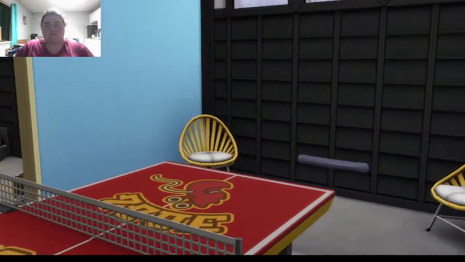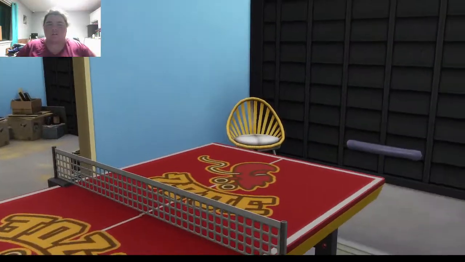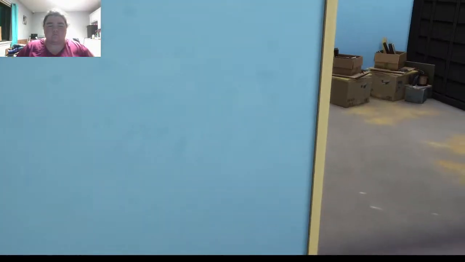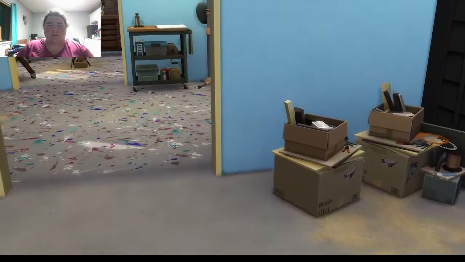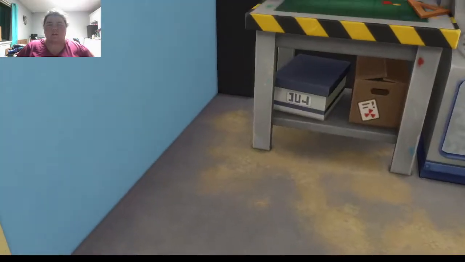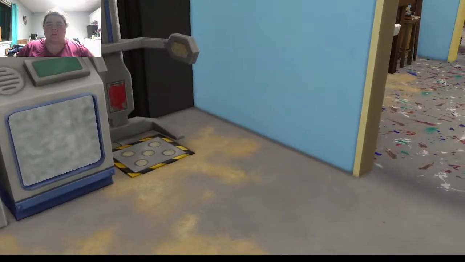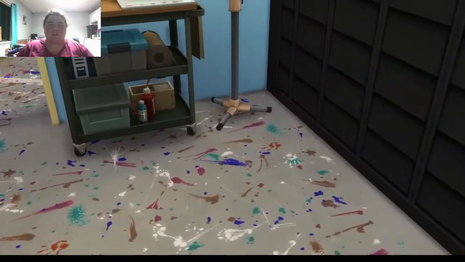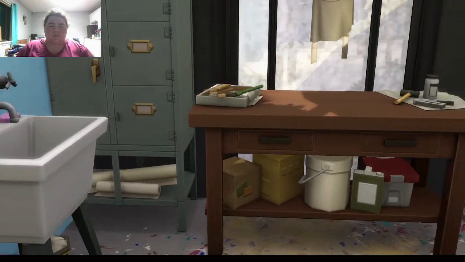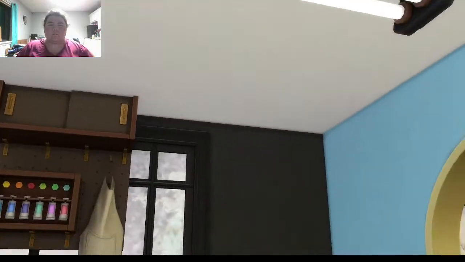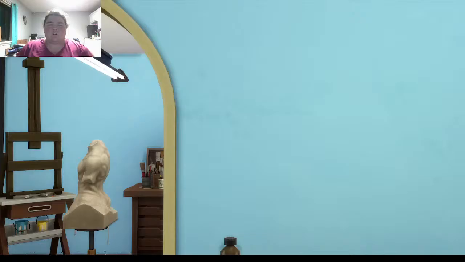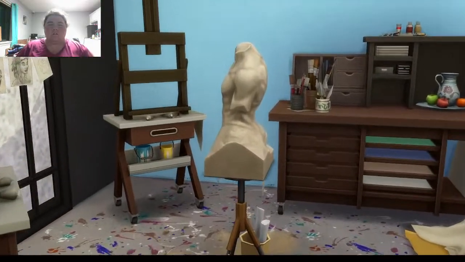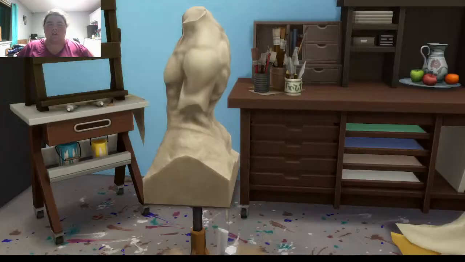And in the man cave, you have the chairs, you have a little ping pong table, and then you also have your little bar, I guess you could say, coffee bar. And then you enter in here, and this is just more clutter and workshop robotics. And then you enter in here, and this is the artist room, or part of the artist room. You have a little working bench here, you have a sink, the whole nine yards right here, and an easel. And then if you go in here, you have two more easels, you have paintings, you have